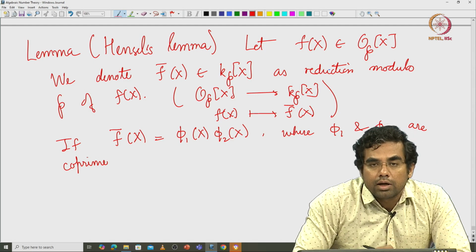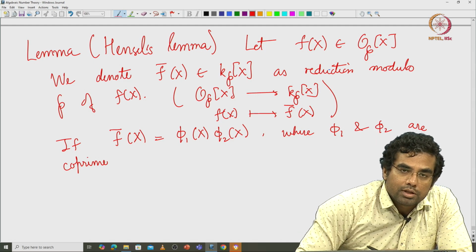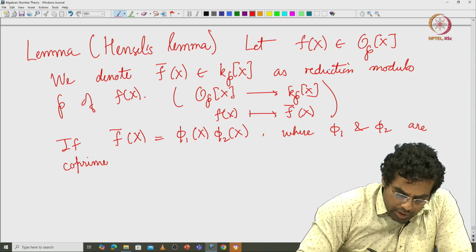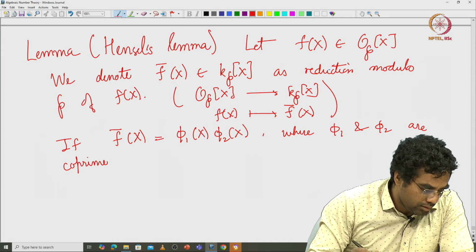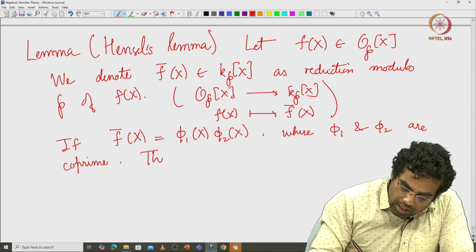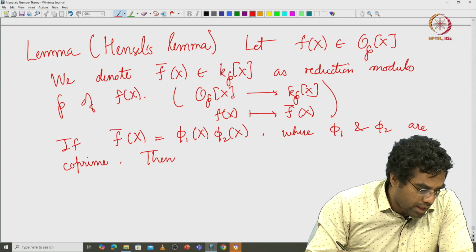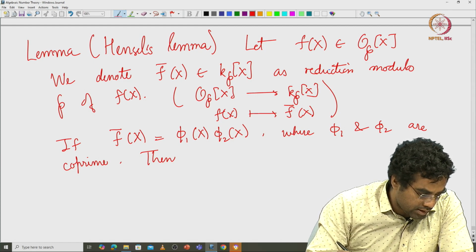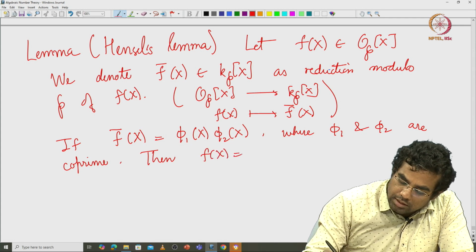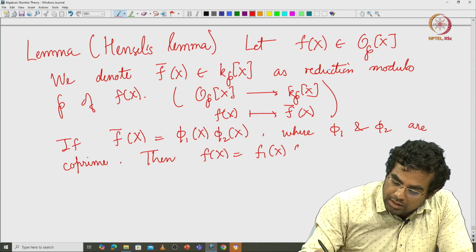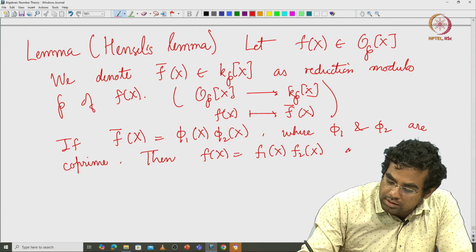So, you can define what two polynomials being co-prime means in k_p of x. Then the polynomial f itself factorizes in O_p[x]: f of x is f1 of x times f2 of x in O_p[x]